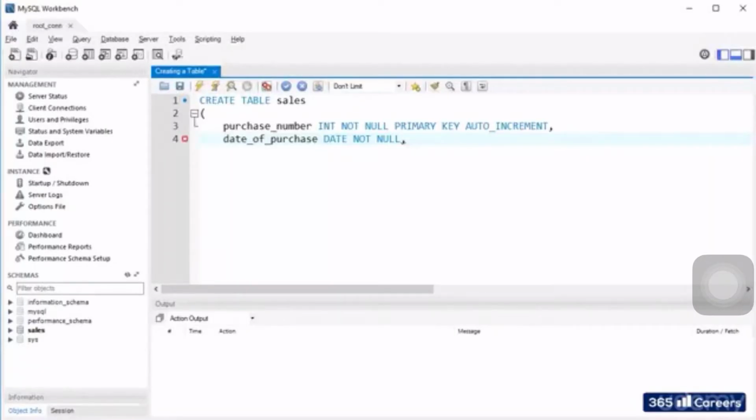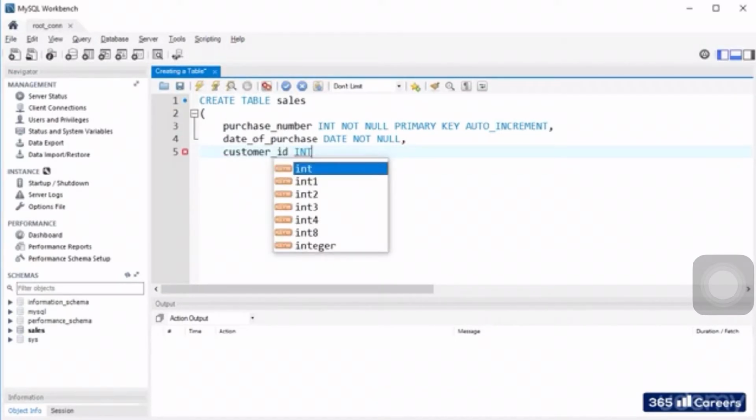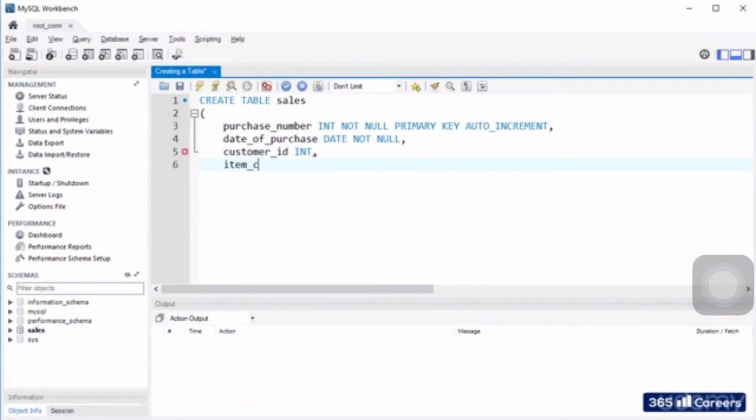Customer ID won't contain anything but numbers, therefore, int will do the job. Okay. Comma, and then item code. Varchar with 10 in parentheses, as we assume it will be impossible to have an item code longer than 10